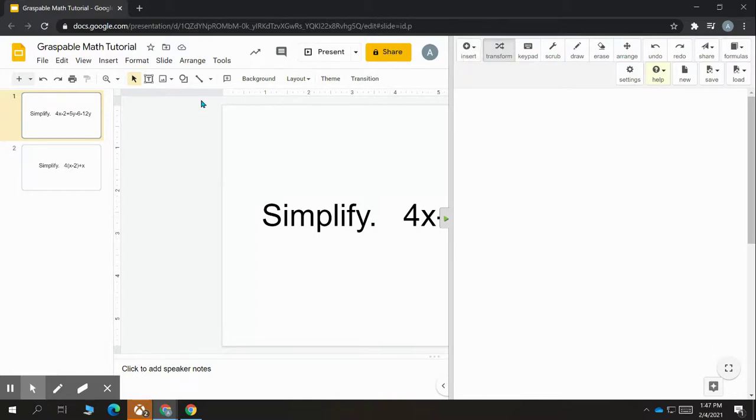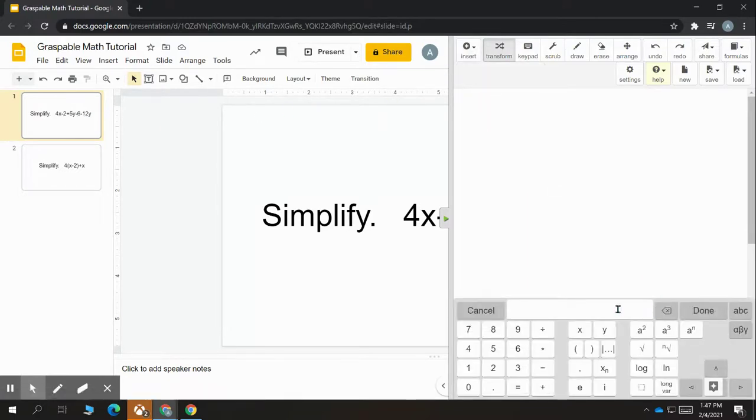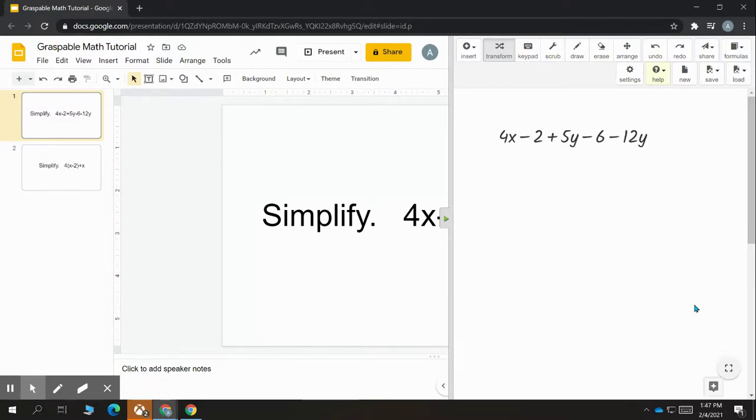So I have this problem here, 4x minus 2 plus 5y minus 6 minus 12y. And I'm going to insert that into my Graspable Math sidebar. So I'm going to type in 4x minus 2 plus 5y minus 6 minus 12y. And then I'm going to insert that by clicking done. And now I have this algebraic expression here that I can easily manipulate in order to combine like terms